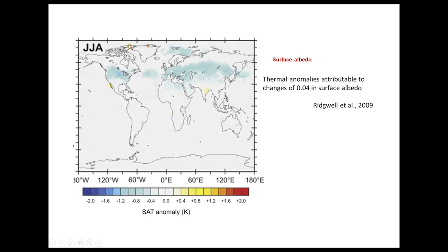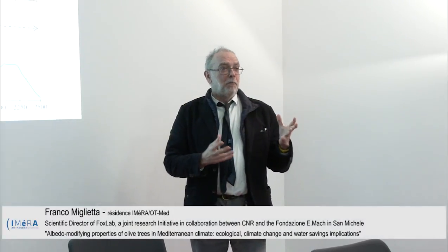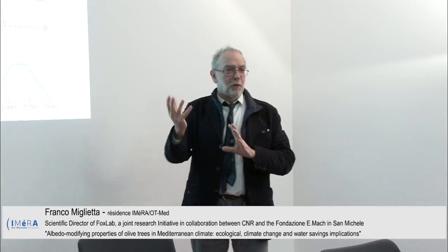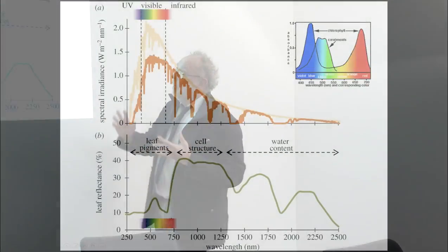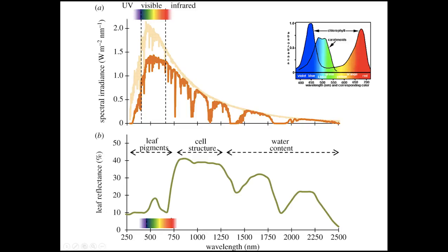On the other hand, we have the surface. The surface is a very complex mosaic of many different things, including the ocean, the earth, and everything. But basically, we can look at those 3 points. Here we have the light coming from the sun. This is the light of the sun after entering the atmosphere, so the light at the surface. And you see that some of the light has been absorbed by the atmosphere. And this is what is reflected back to the sky, to space, by the vegetation.